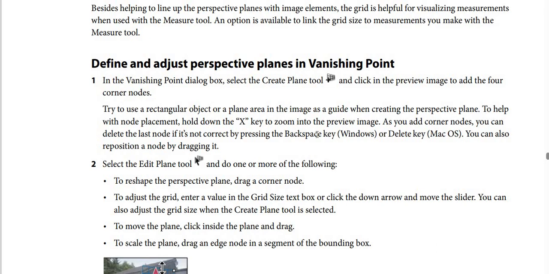Step number 2. Select the edit plan tool and do one or more of the following. To reshape the perspective plan, drag a corner node. And after that, to adjust the grid, you should enter a value in the grid size text box, or click the down arrow and move the slider. And you can also adjust the grid size when the create plan tool is selected. And after that, to move the plan, you should click inside the plan and drag. And after that, to scale the plan, drag an edge node in a segment of the bounding box,